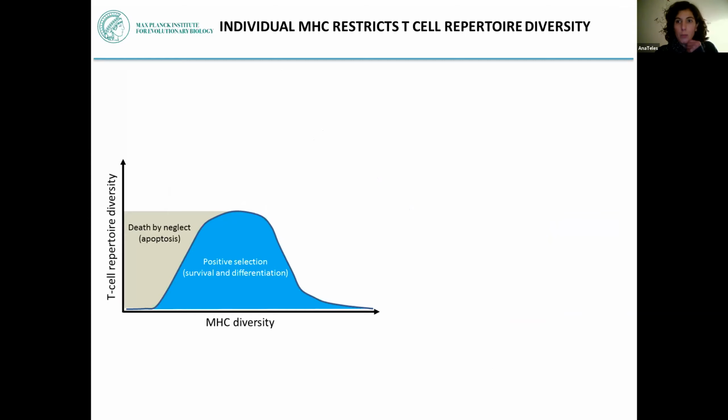Because in the thymus we have the two different processes, the positive and negative selection, a higher MHC diversity in the thymus would allow a higher diversity of T cells, because there is a chance that these T cells recognize the peptides and bind and pass to the second step. But negative selection, with a higher diversity, would in this step lead to the deletion of T cells, because they would also have higher chances of binding with a strong affinity to the MHC peptide.